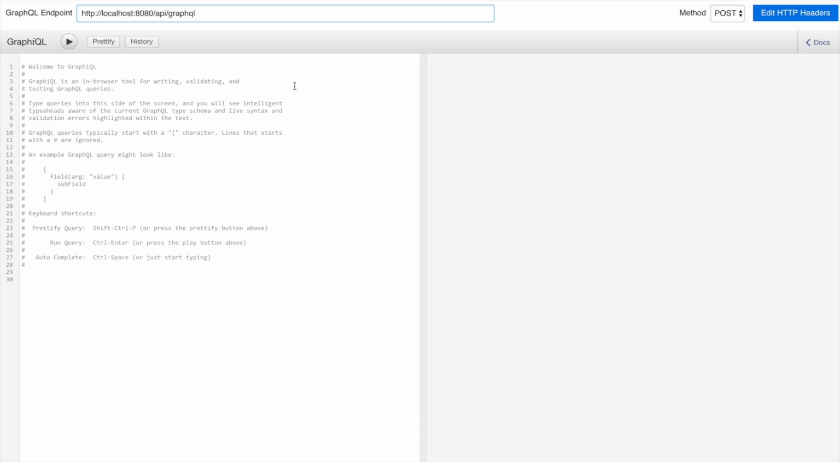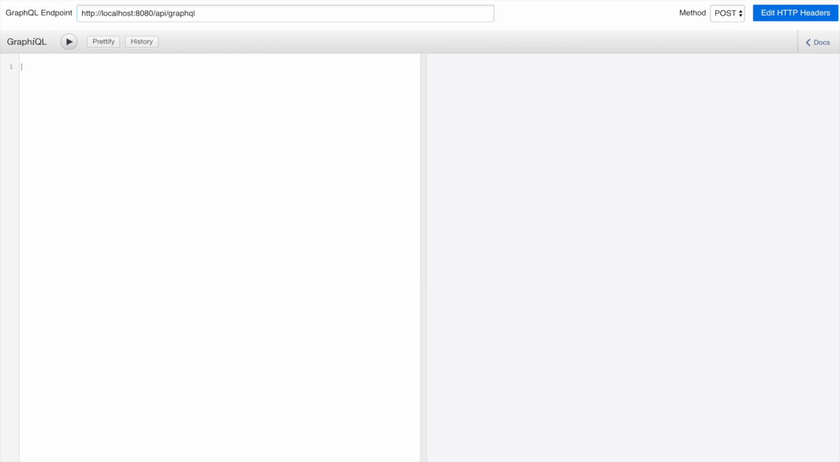So here I am inside of GraphiQL, and I want to create a query to retrieve an EPackage from the package registry. I've set up the URL of my GraphQL endpoint. So first of all, I will create a query named getEPackage. And using our entry point,